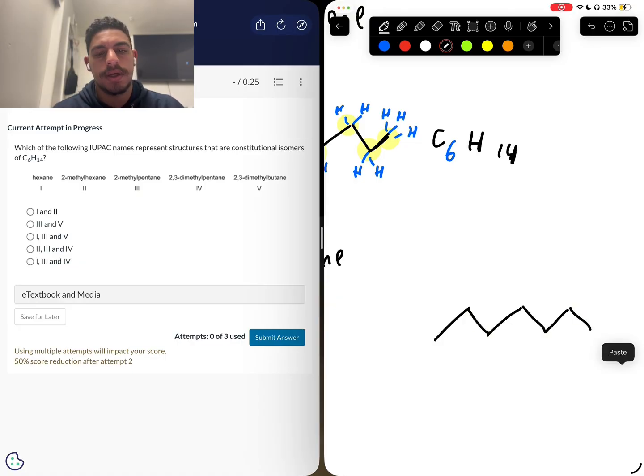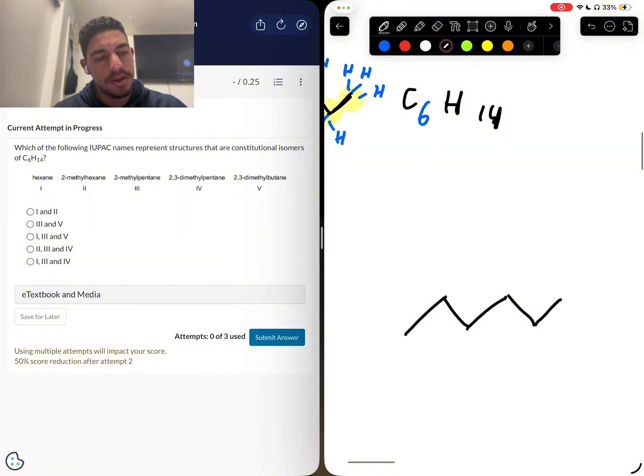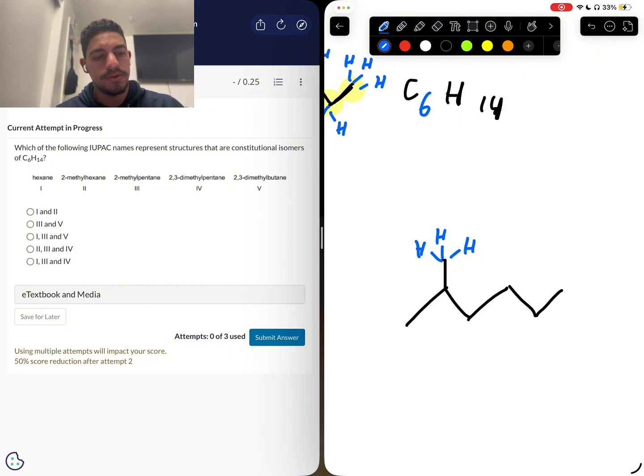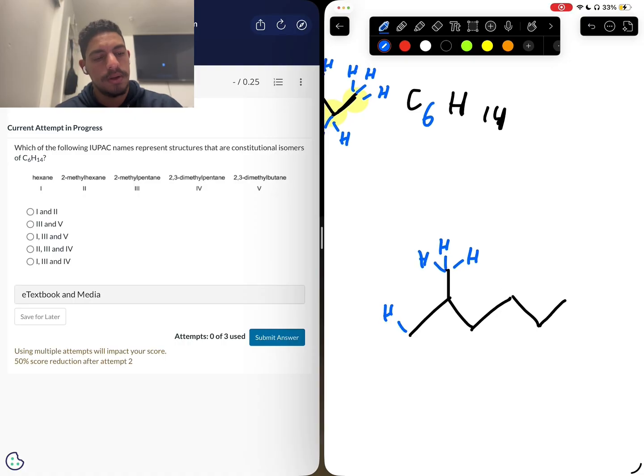Okay, this is hexane. We agreed upon that, right? So this is saying there's one more methyl here. A methyl has H, right? It's a CH3 group. That's a methyl, okay? So if you add these 3 extra hydrogens,